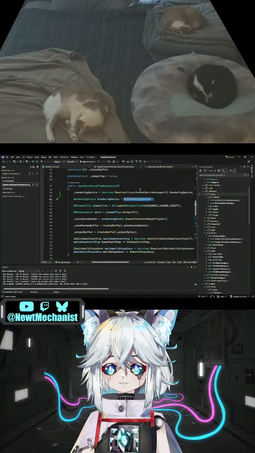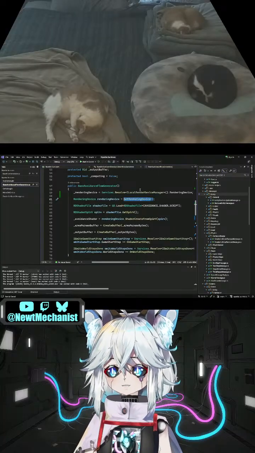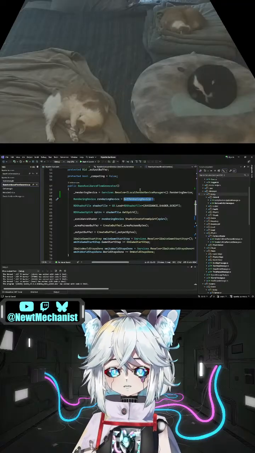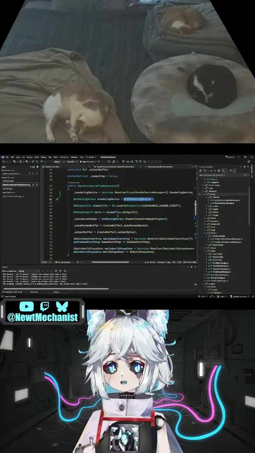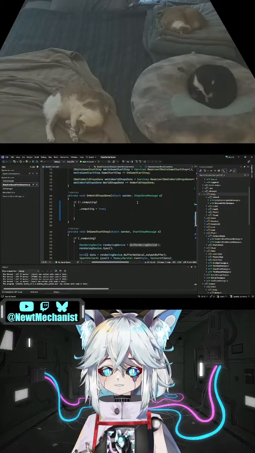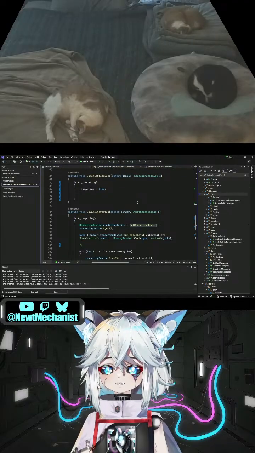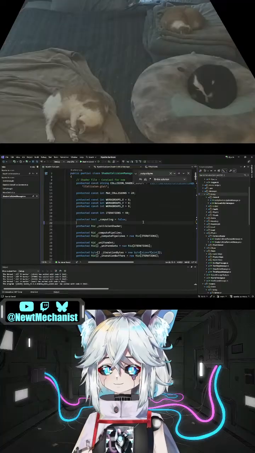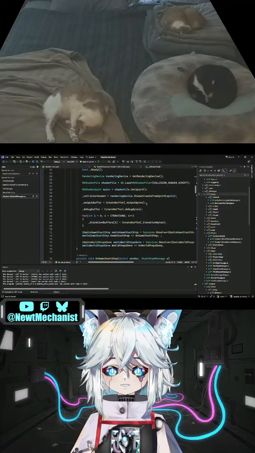But given what we just encountered, we're probably going to need to make new ones each time. Oh, well. Not ideal, but